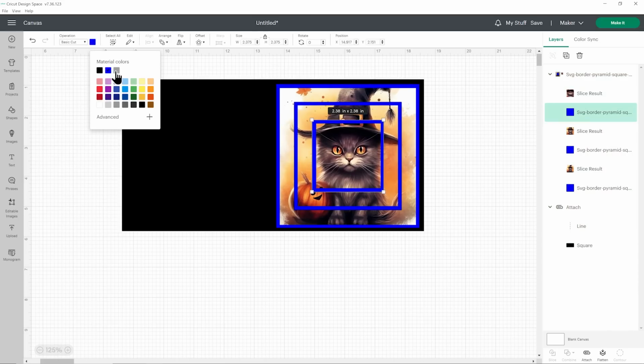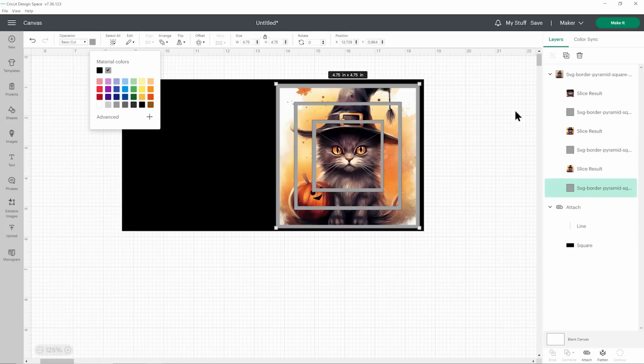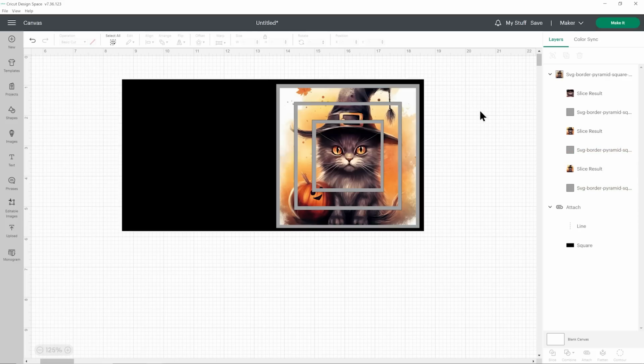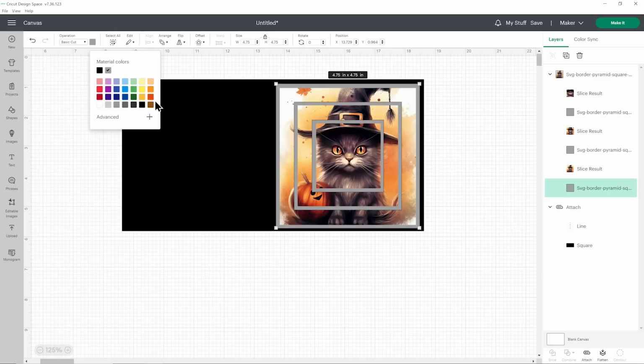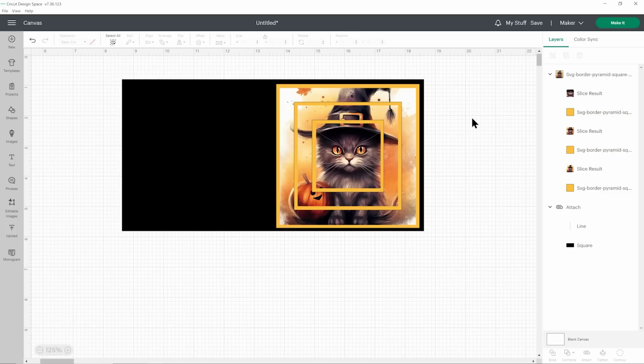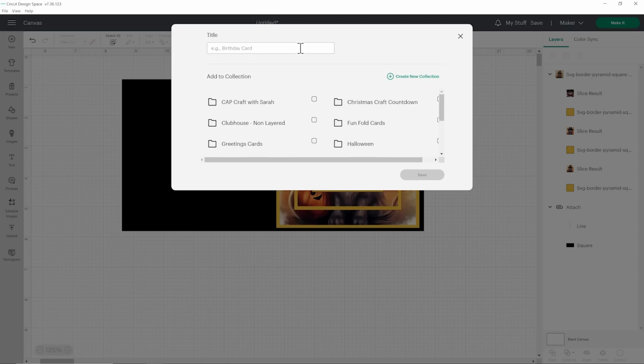I'll do these from a silver, so let's just change the colour to get an idea of how that's going to look. Or maybe I'll do it from gold. Gold might look nice because of all of the oranges. It's kind of a goldy colour. I like to mock it up in Design Space to get a better idea of how it will look. And yeah, I think I'll do black and gold. Beautiful. All right, let's save this.